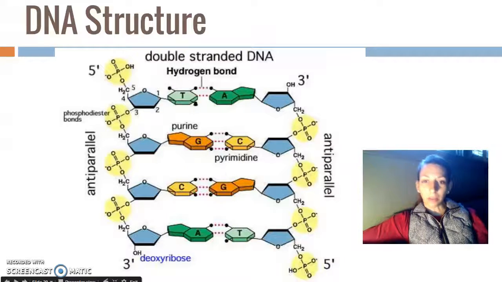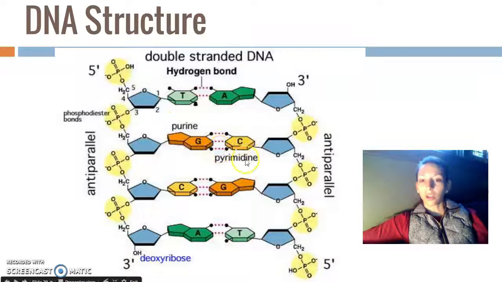We say that DNA is anti-parallel because on this end of our backbone we have our 5' sugars, our 5' carbons of our deoxyribose sugar, and down here we have our 3' carbon of our deoxyribose sugar. But on the opposite end, we're going to have the opposite direction. So the 3' will be up here and the 5' will be out here. As we elongate DNA, and we'll talk about this when we get to DNA replication, replication always goes from 5' to 3'. You can see here that the A's, T's, G's, and C's are connected by hydrogen bonds in the